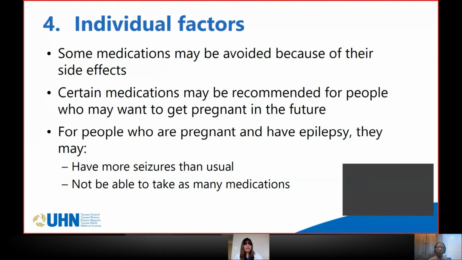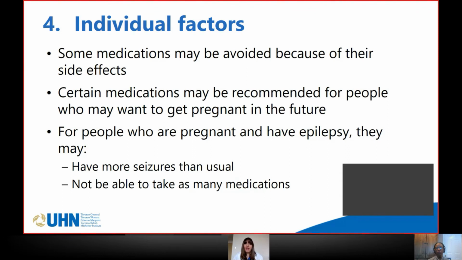The next aspect that we consider is individual factors for a patient. So we talked about how some patients might be more prone to developing certain side effects, and we might avoid certain medications for that patient. Also, for people who are planning to become pregnant in the future, there are certain medications that have more data supporting their safety during pregnancy. So we might be more likely to suggest those medications for planning of any future